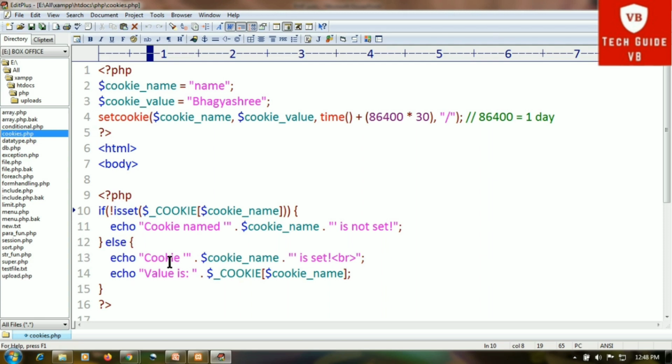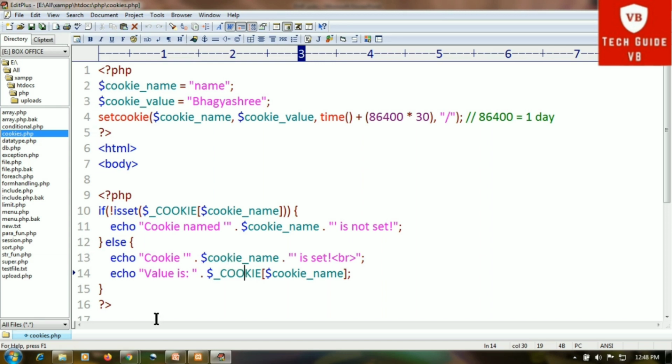Else, the cookie name is set and the value is $_COOKIE[$cookie_name]. Here $_COOKIE is the global variable which is used to represent or retrieve the cookie value.